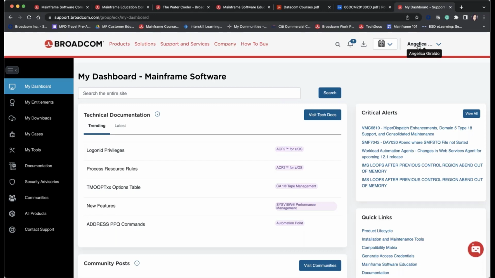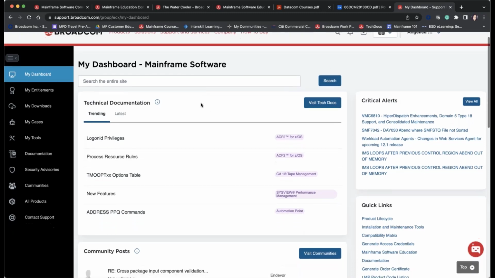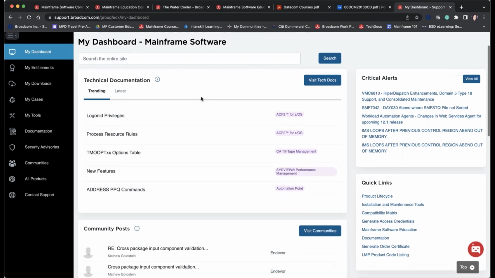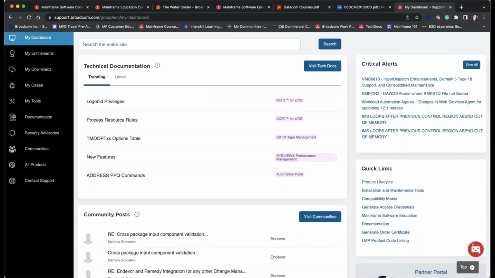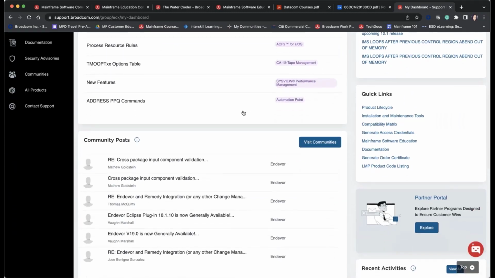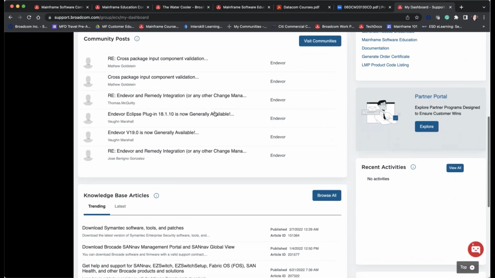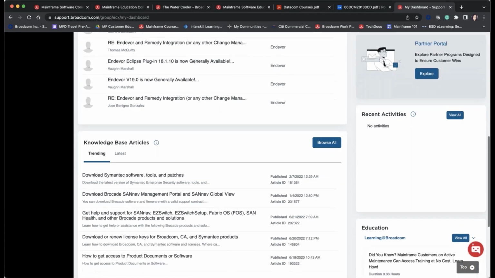This information is used to verify your entitlement so that your courses are entitled, or you're given access to all of our courses. Signing up to the support.broadcom.com page for the very first time, to get access to learning at Broadcom, takes anywhere between a 24 to 48 hour time frame. But if you're already a support user and you have access to this page,